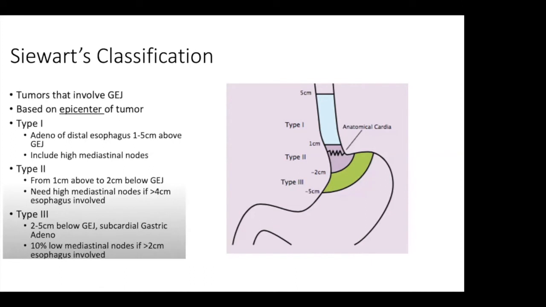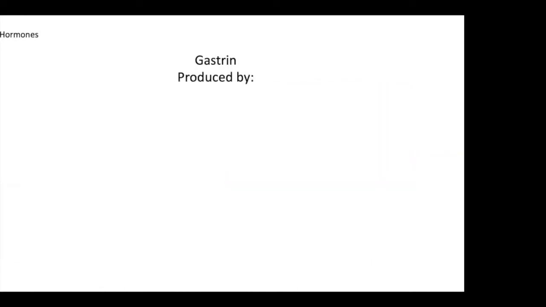Oh, and then the GI hormones. We can go through this, or you guys can go through it on your own, but basically this is just rapid fire through these. So gastrin is produced by